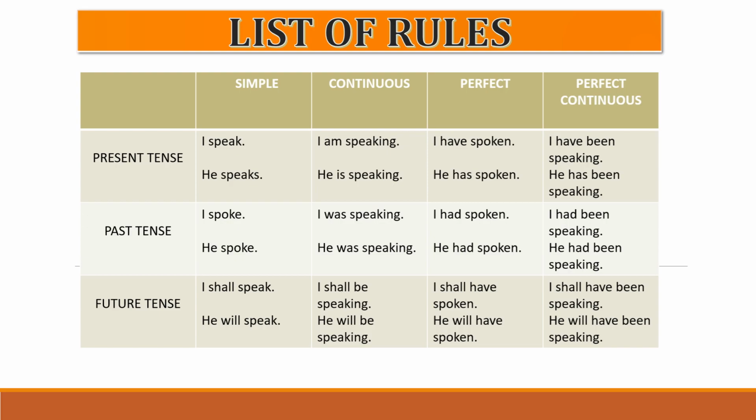So let's start with simple past. In simple past, as you can see in the second column, two examples are given. First example, I spoke. Second example, he spoke. Here, one thing you have to remember, as in the case of the rule, that V2, that is the past tense form of the verb, is used. For example, if I say I spoke, in this particular sentence, I is subject and spoke is past tense form